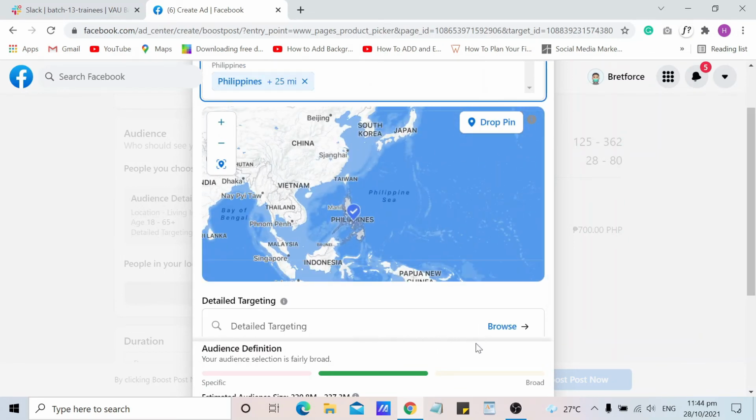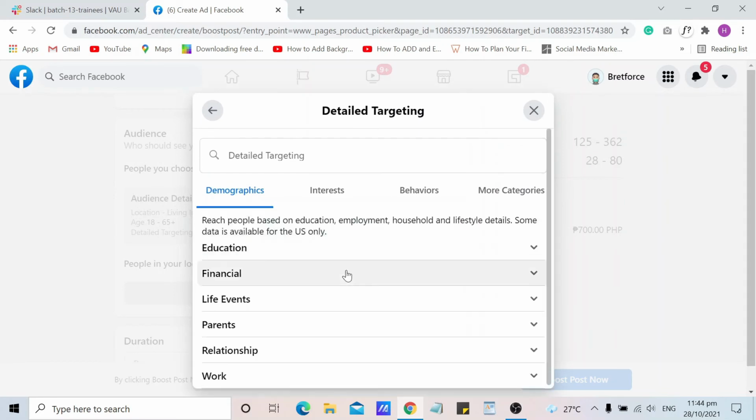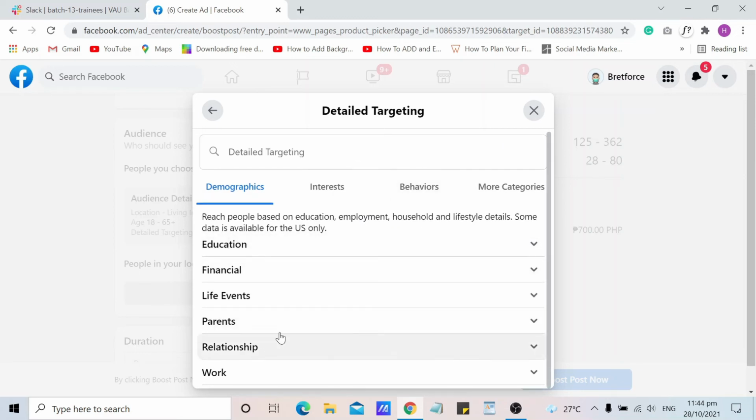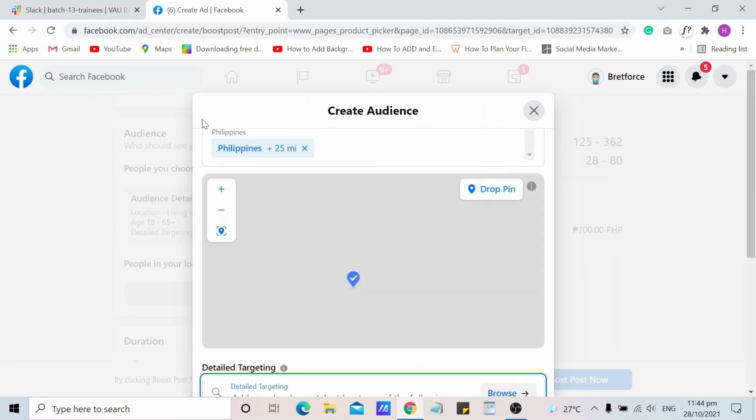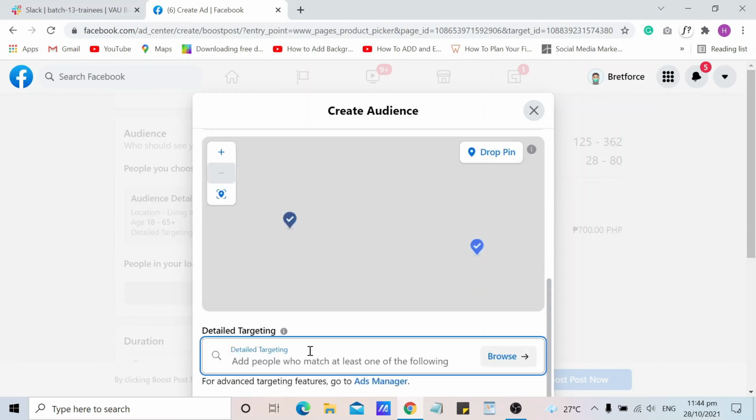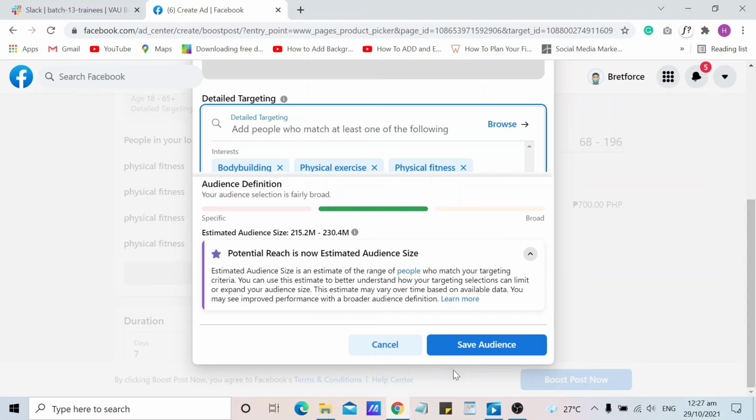And browse detailed targeting. You can choose demographics, interests, behaviors, more categories. And all these options are the same as in the previous tutorial. Then click Save Audience.